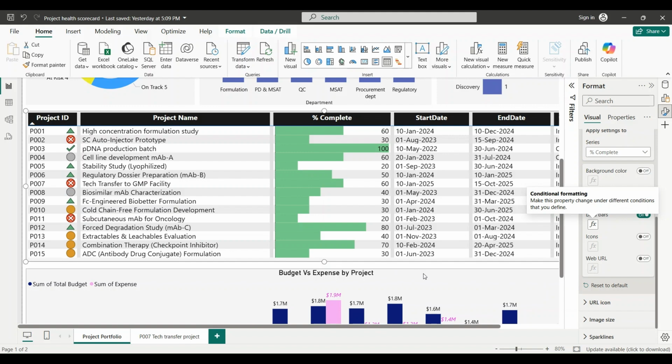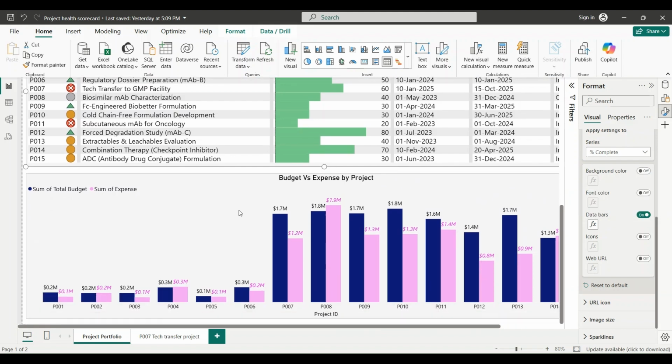Okay, now finally, the budget versus expense chart at the bottom shows each project's planned and actual spend. Because the project names are long, I have used project IDs on the x-axis, but here's a neat trick. By adding project name or any other field to the tooltip field, you can simply hover over any bar to see which project it is